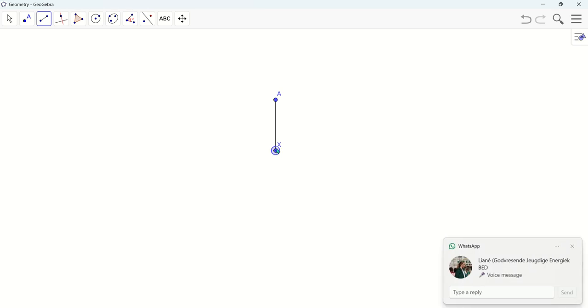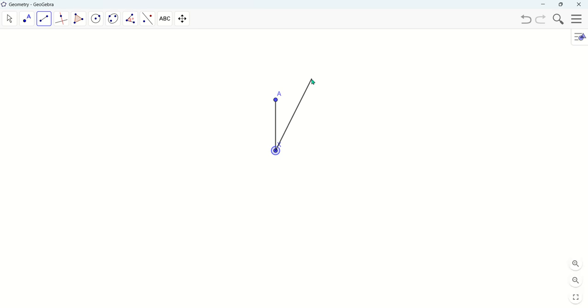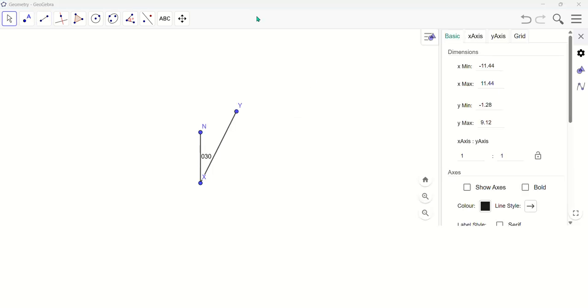So I'm going to draw a 30 degrees line, and the length could be any measure that you think would be around 15 kilometers, but only a rough sketch, so it doesn't have to be exact. Okay, next up. I quickly drew in this N and this Y. This N is for north, and this is point Y that we drew just now. This is the 30 degrees from around this point.